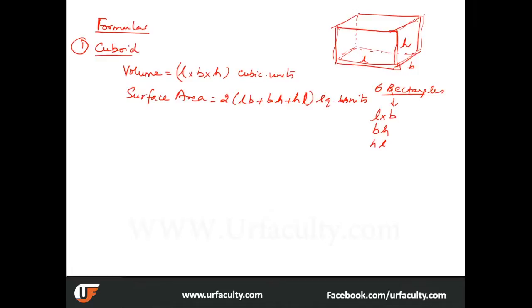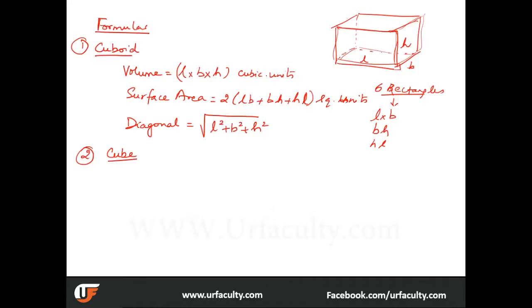Next important thing is diagonal. So diagonal of a rectangle, how do you write it? It's basically applying Pythagoras theorem. It's root of L square plus B square. Now here there's another entity, so just remember it by adding one more value to it, plus H square. So root of (L square plus B square plus H square) is the diagonal of a cuboid. So I'm moving on to the next,